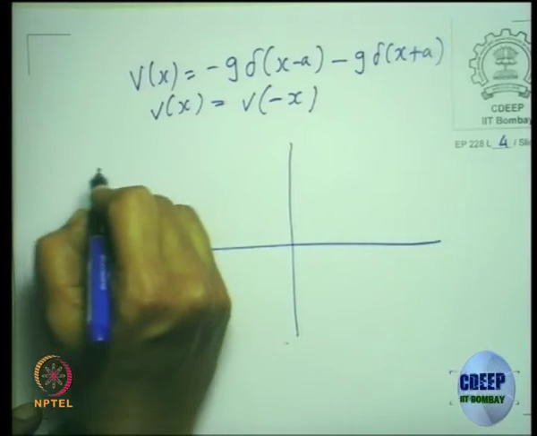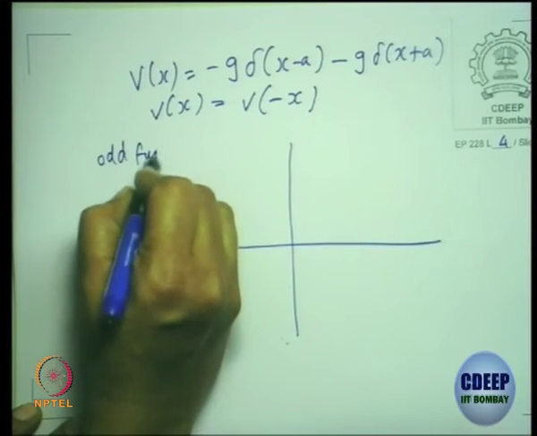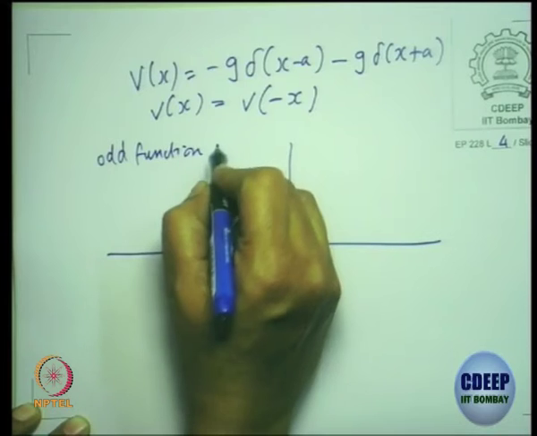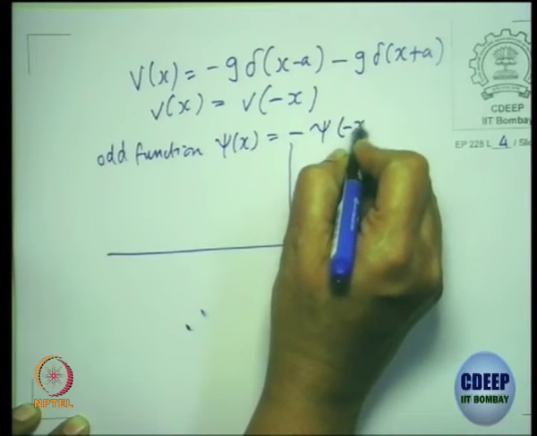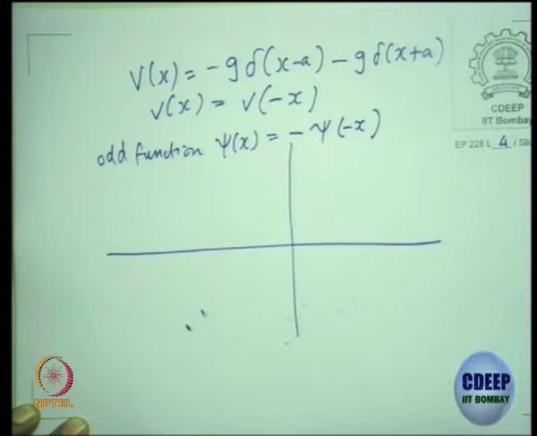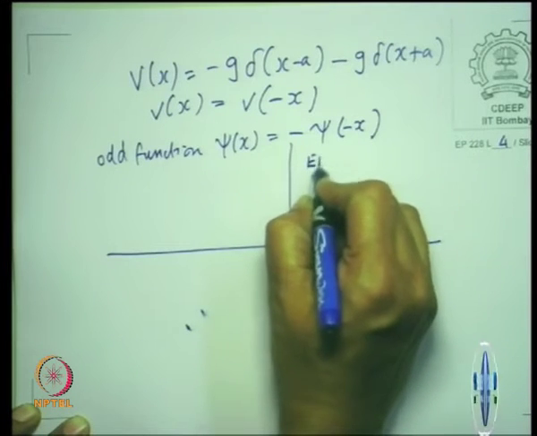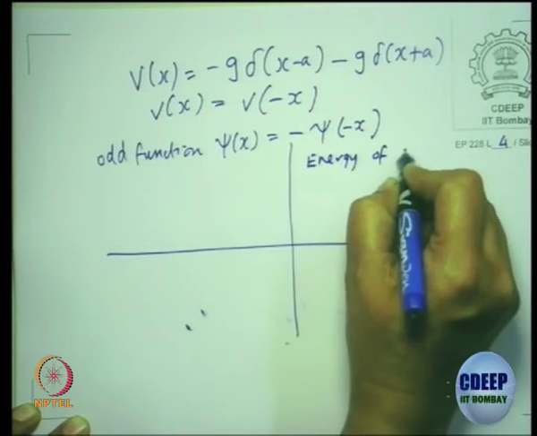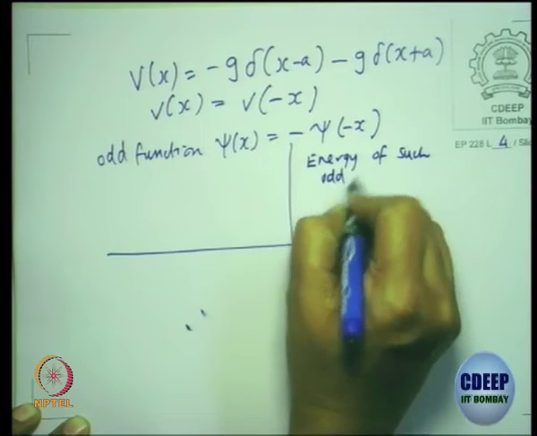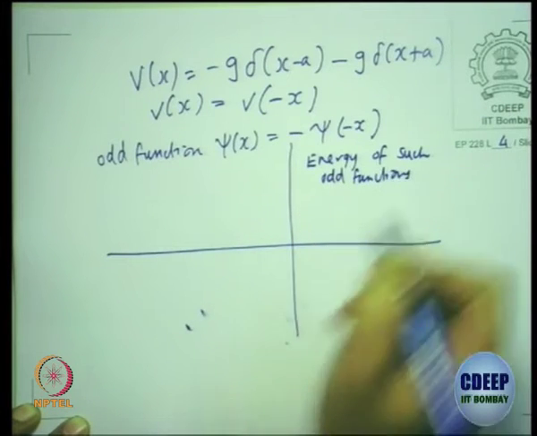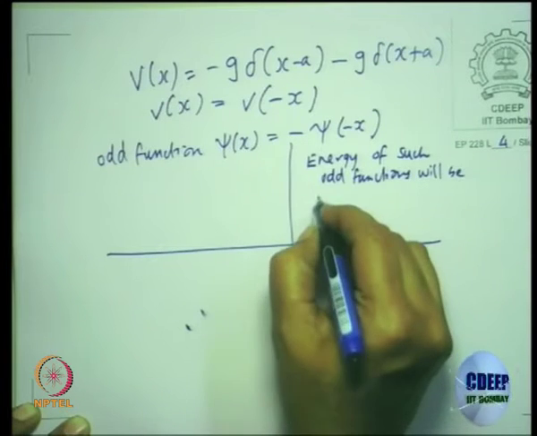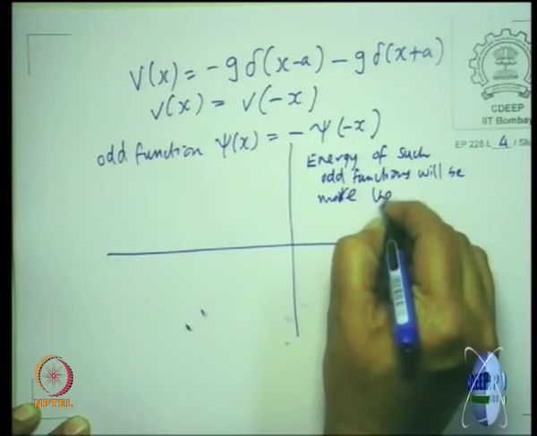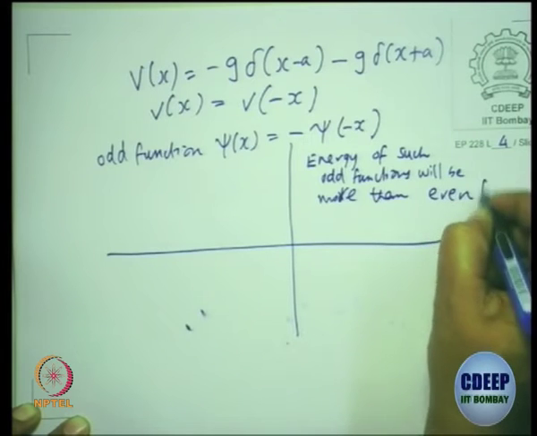So, let me try and tell you that if you have an odd function, psi of x equal to minus psi of minus x, you will find the energy of such odd functions will be more than even functions,